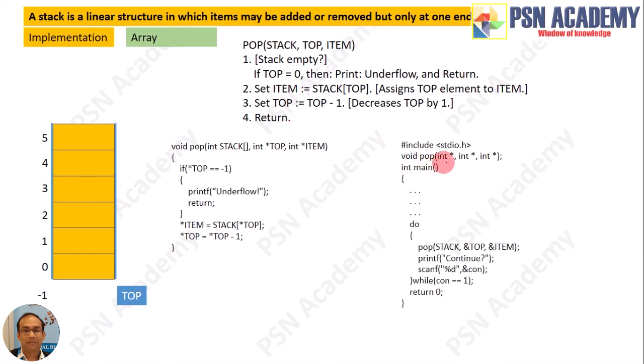Now I will show you the main. Here is your prototype. The stack is an array, so int star, top is there, so it is also int star, and the third parameter is int star item, so that is why it is also int star. Next, in place of this you have the push operation code,